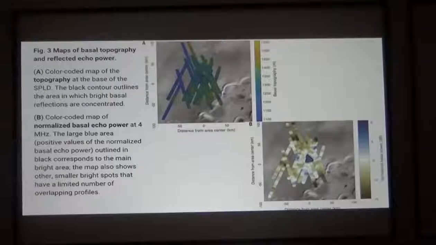And so the orbit took it over that region again and again and again. And so the previous slide showed just that one trace, and now here we have a composite of traces. And so the image on the top left is a color-coded topography map. And so again, you can see that it's quite flat. And the black outline is where they saw the bright reflection. And so here we have the return signal